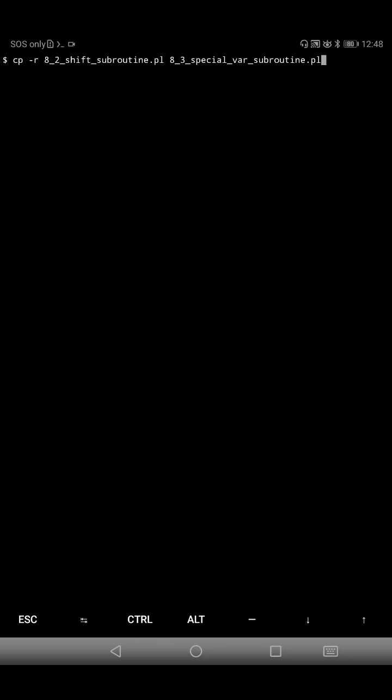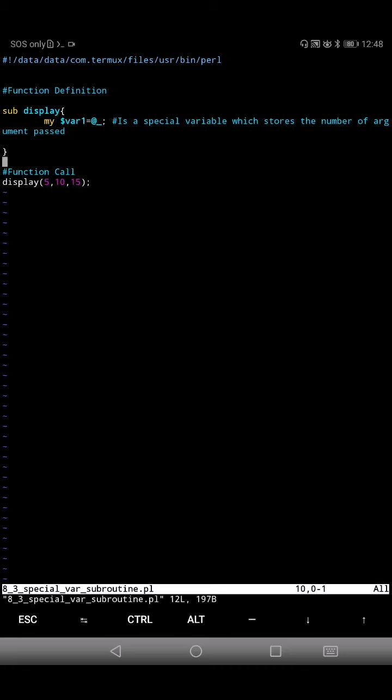but actually I forgot to write the message here. So in the print, say we shall write print space total value pass is $variable1. Sorry.